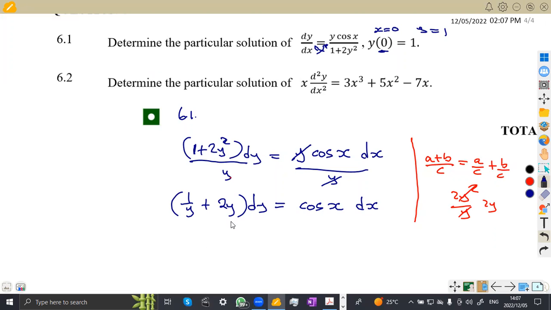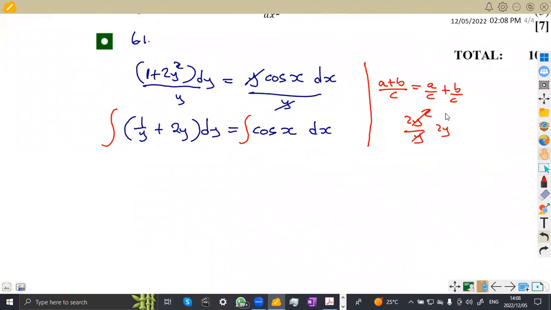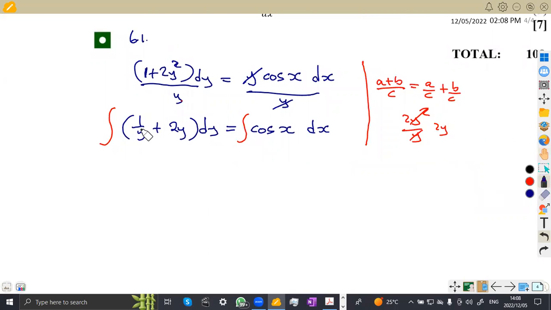So this part only has y, this part only has x. That means it's now possible for us to integrate both sides. By integrating both sides, we are remaining with terms of y and terms of x. So let's integrate 1 over y, guys. The integral of 1 over y, that one is definitely ln. So it's going to be ln y plus